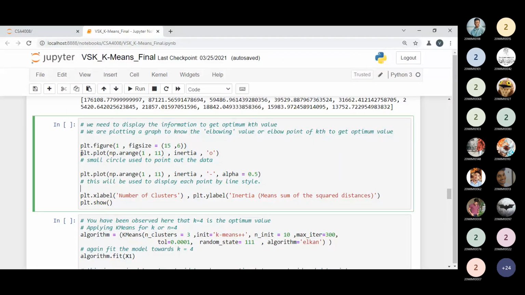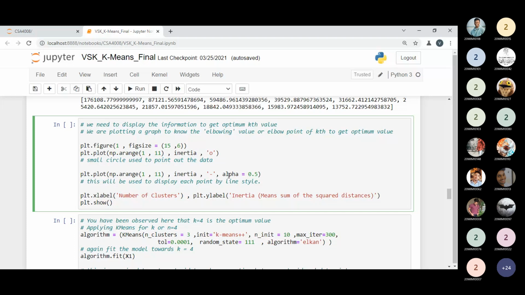Please keep in mind what I'm using. I'm using plt.plot. With the help of the plot method, I'm passing np.arange. Please keep in mind, it is arange, meaning range. I'm defining the range of plotting my data from 1 to 10 only. In the range method, whether it is the arange method or the range method, we have to take the +1 value for the last value. So if I'm taking 11, then our last value would be 10 only. In the inertia we have only 10 values, so I'm displaying the values from 1 to 10 only, so I am taking 11 here.